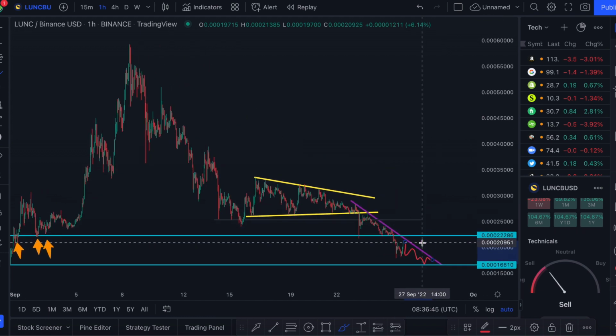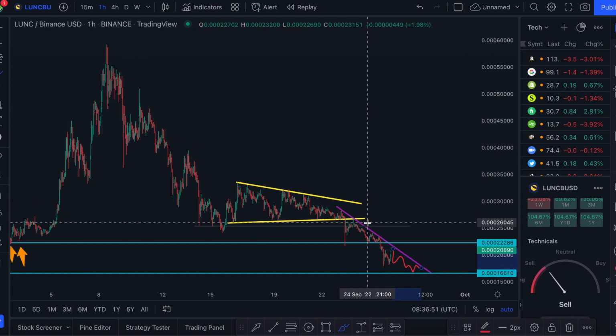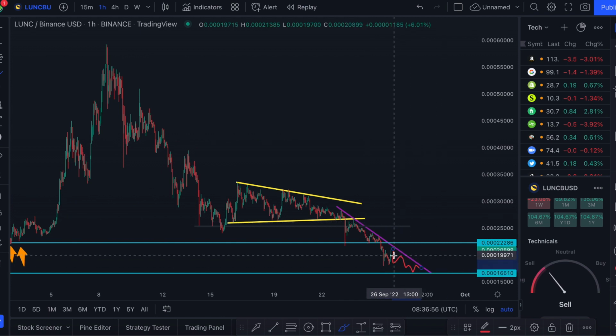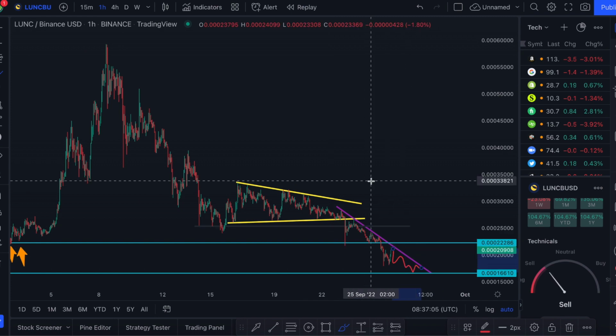Of course, guys, there's always good news for Lunar Classic investors. If you're holding Lunar Classic for the longer term, just remember that at these prices, you're getting Lunar Classic at a discount. If you plan to hold for a long term, imagine buying it up here as opposed to down here. The amount of return that you'd possibly get if you bought up here compared to down here is going to be a lot less. So that is one massive advantage of the price going down. You can get more Lunar Classic at a cheaper price if you intend to hold it for the long run,